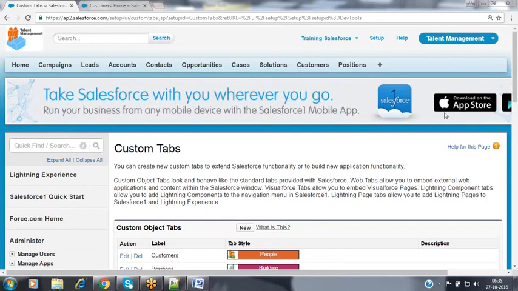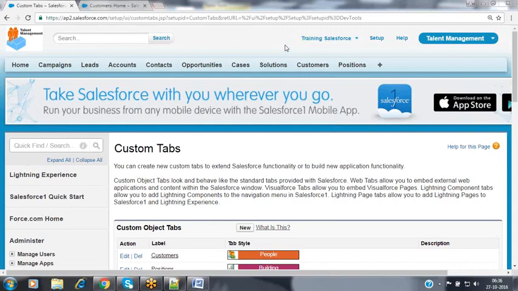So yeah, now you can raise your question. Yeah, tell me, Switisha. Yeah, Firoz, so you said about the custom objects. And then there is a checkbox where you can click for the tabs, so that the tab will come by default, right? Yes. And now there is one more case where you have objects created without the tab. And you said these options like web tabs, Visualforce tab, so you can redirect to those links. Yes. So the benefit of custom tab is that you can redirect to those links.